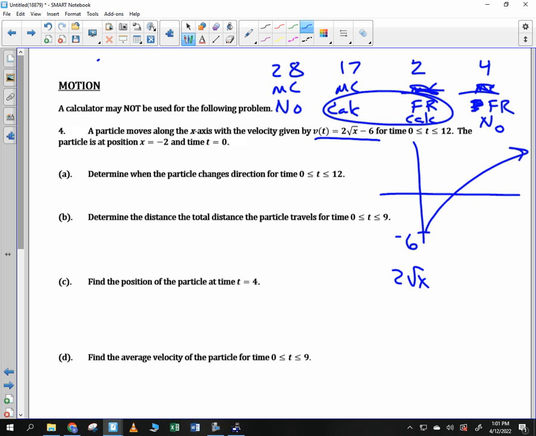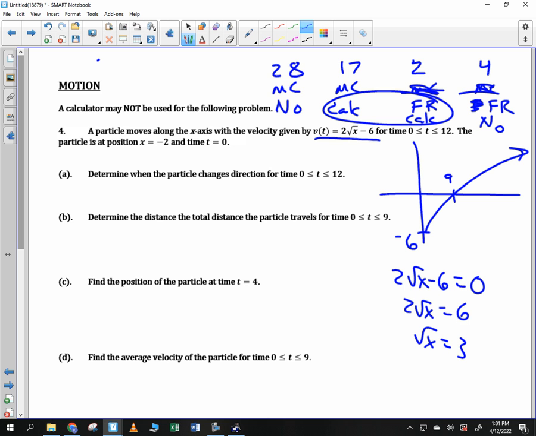2 root x minus 6 is equal to 0. And that'll be the difference, those of you who can think on your toes, and those, maybe you can't. So it's just the way it is. Okay, I add the 6, I divide by 2, root x is equal to 3. Square both sides, you get x is